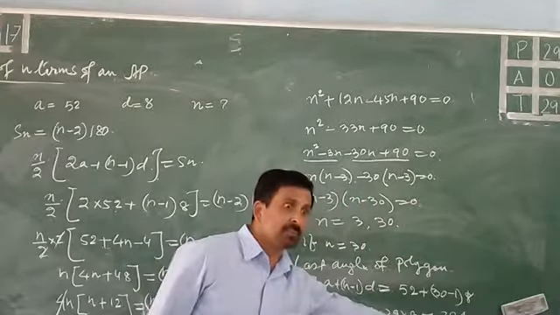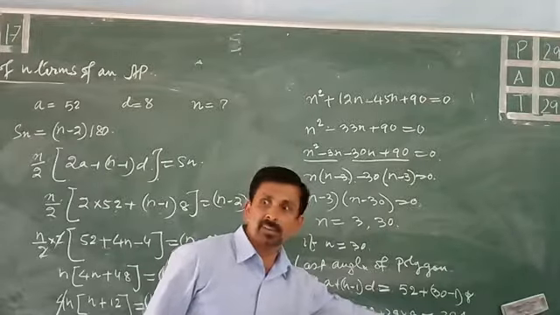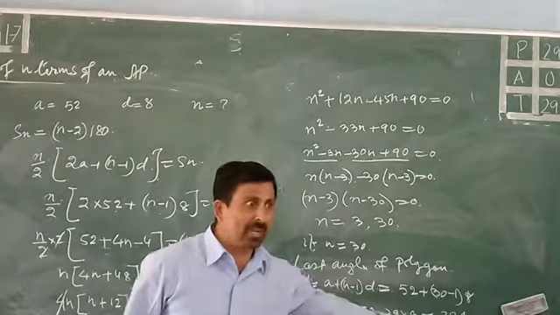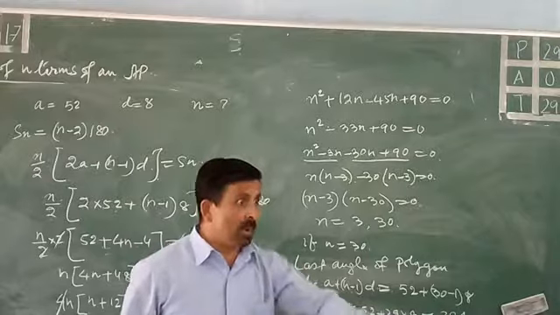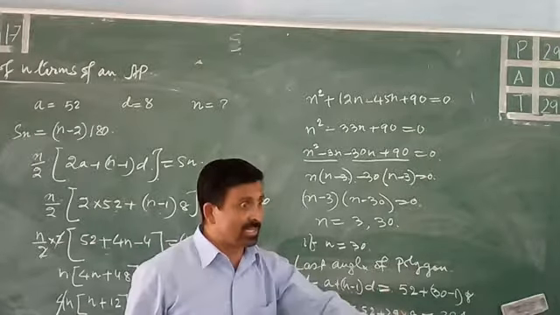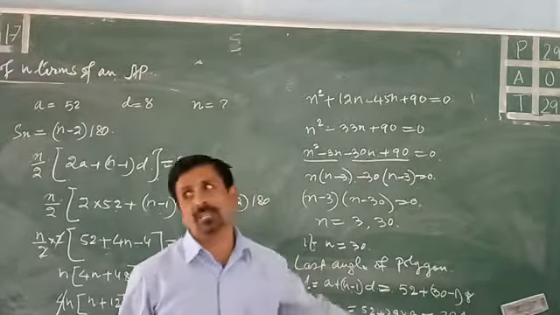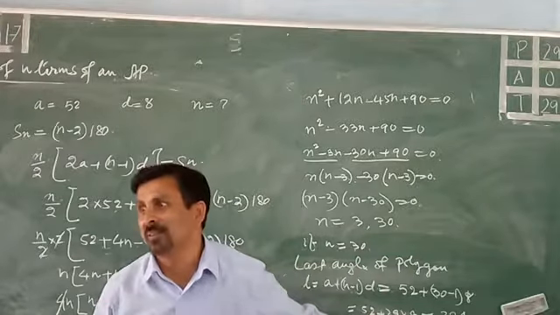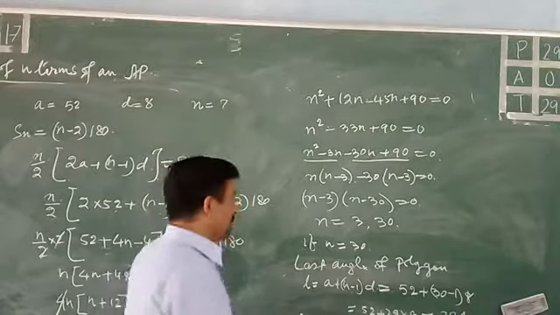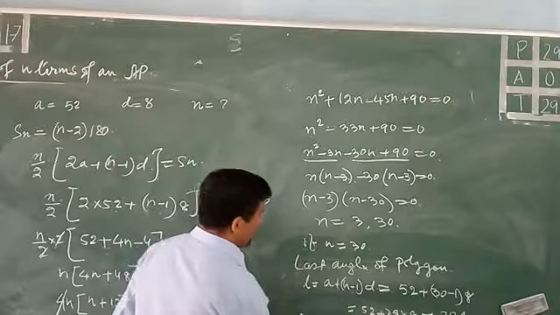284. Why is that not possible? Because the maximum angle in a polygon can be below 180, not 180, below 180, and this is coming to 284. That means this answer is rejected. Is this okay? Yes. And therefore, hence n is equal to